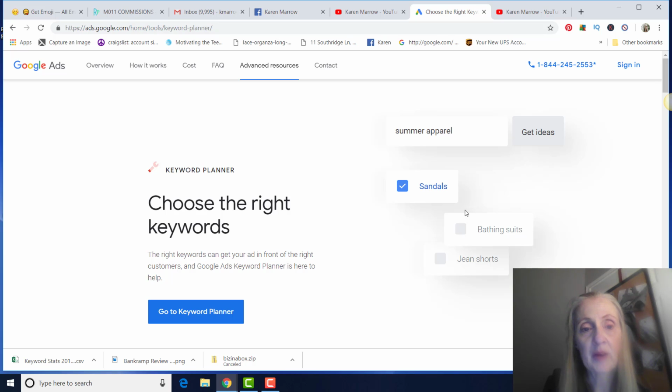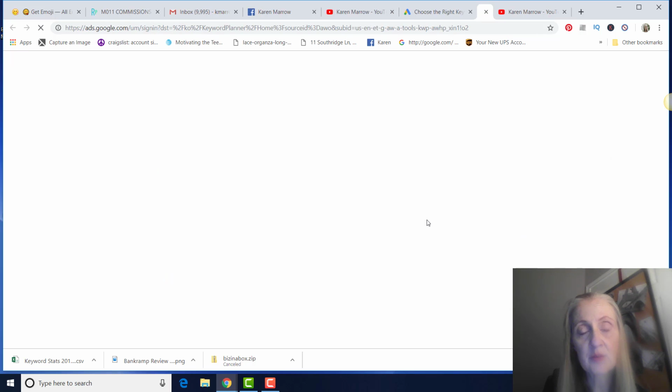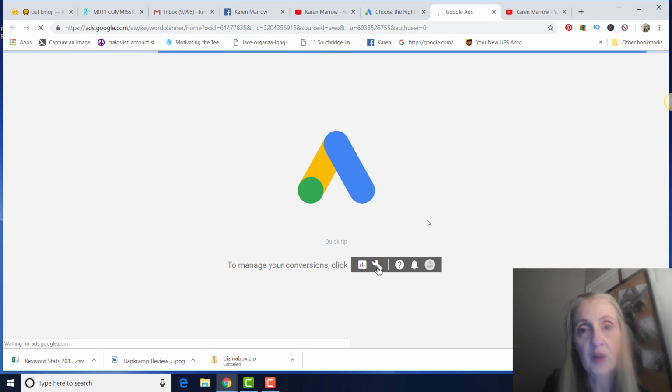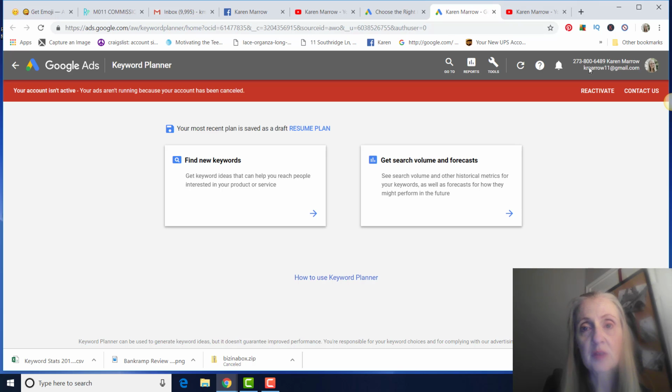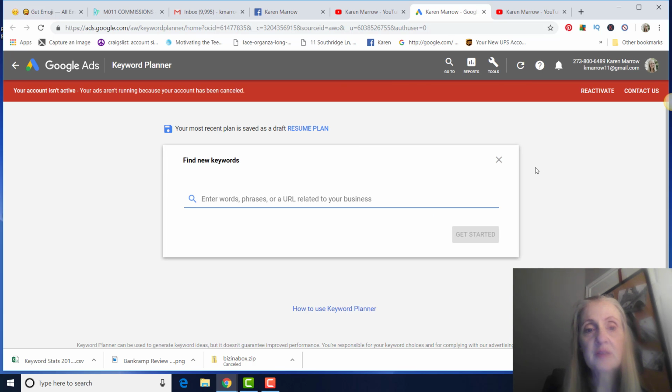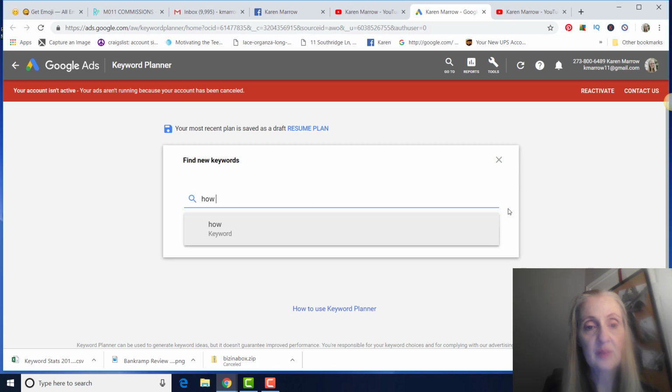So you're going to be required to create an AdWords account, which requires you put in a credit card, but you don't have to pay for anything. You can just use it to find keywords. So once you log in here, you're going to click on Find New Keywords. So let's say that you are going to promote something like the Fat Belly Fix or Organifi Green Juice, and you wanted to target somebody who was trying to lose belly fat. So you could type in something like how to lose belly fat,